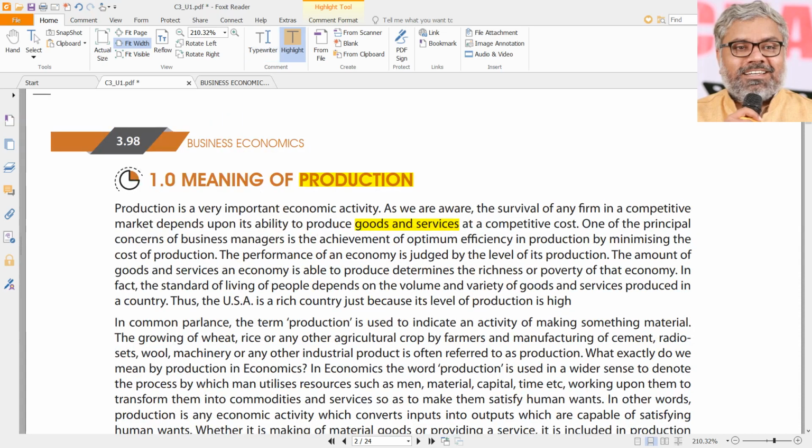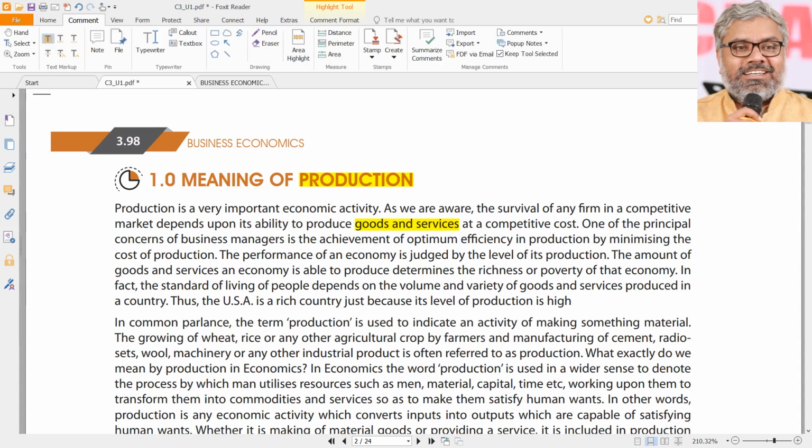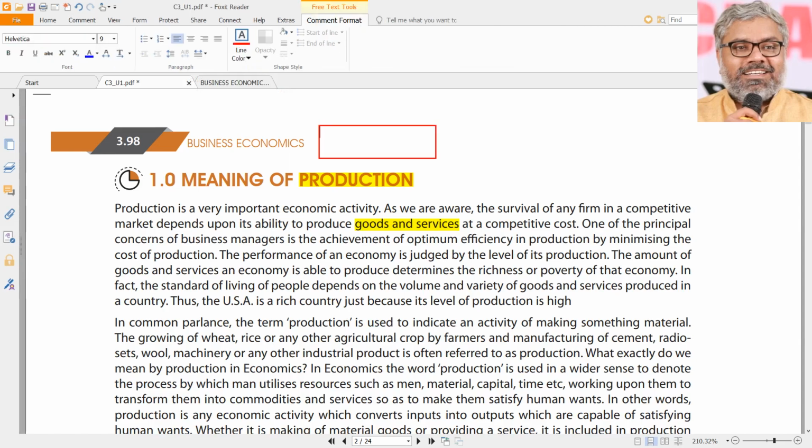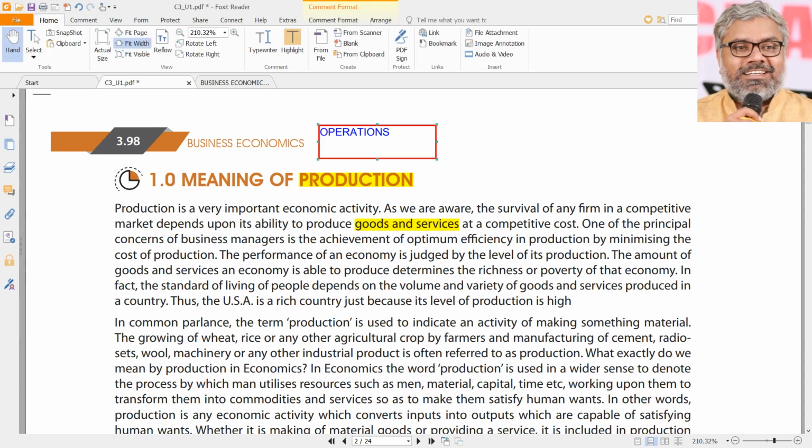Actually, in modern terminology, not in economics, in economics we still call it production only, in modern terminology, in actual organizations, this is sometimes called operations. So operations does not mean doctor's operations. Whatever the core activity of the organization is, that is operations. So production we can understand as operations also. However, that is not what we use in economics. That is a real life word used in corporates.